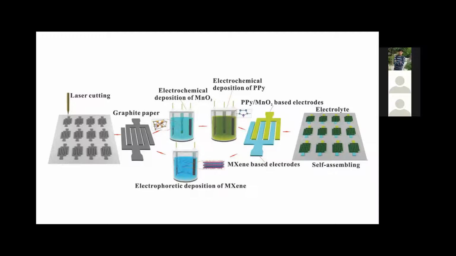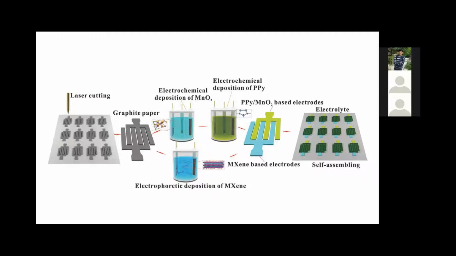Here, this is the post treatment for the electrode. They make a separate structure with separate dimensions, and after that, during the electrodeposition of MnO2, they deposit a very good uniform MnO2 thin film. Also, for the polymer substrate, they used a polymer like PPY, and after that they get a good thin film, then assemble it and make a supercapacitor.